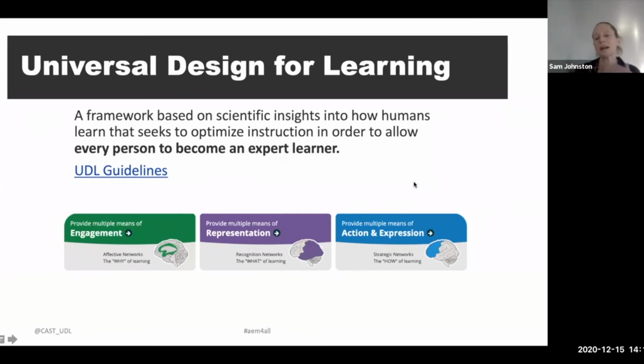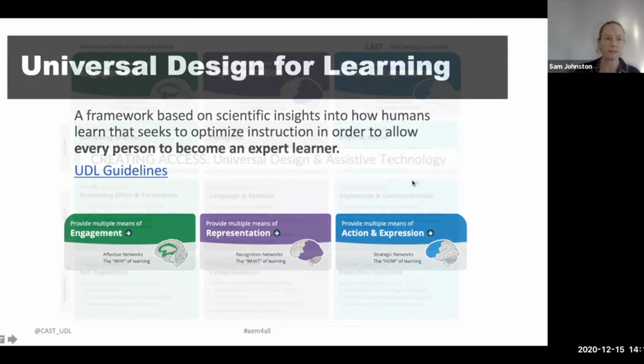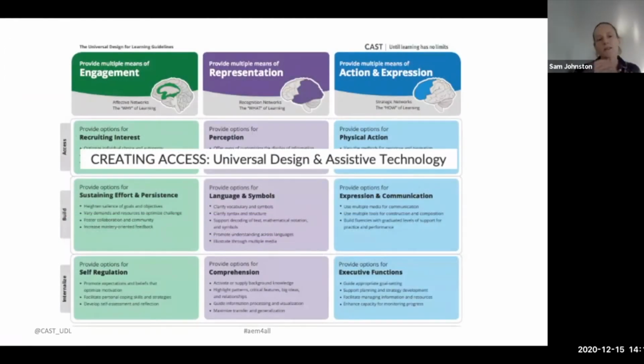So we think about providing different scaffolds and supports, as well as choices for how people plan, set a goal, and organize themselves in order to be able to act strategically. Our work at the Ames Center focuses on all these layers because accessibility is related to everything, right? If you can't access it, you can't then have a meaningful learning experience.